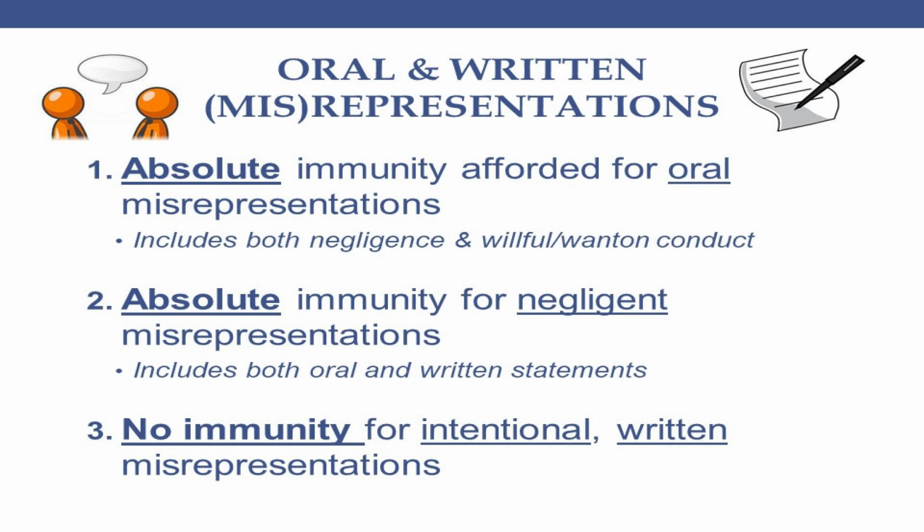In fact, the next two we're going to talk about have to do with statements made by community colleges and what, if any, immunity might apply. And most often, claims involving statements or written comments have to do with some sort of a representation or misrepresentation. The Tort Immunity Act has different rules for different types of statements. You'll see there's a distinction drawn between oral and written misrepresentations, and there's a difference between negligent statements and intentional statements. So what I have on this slide here is a summary of the rules that come out of various sections of the Tort Immunity Act.